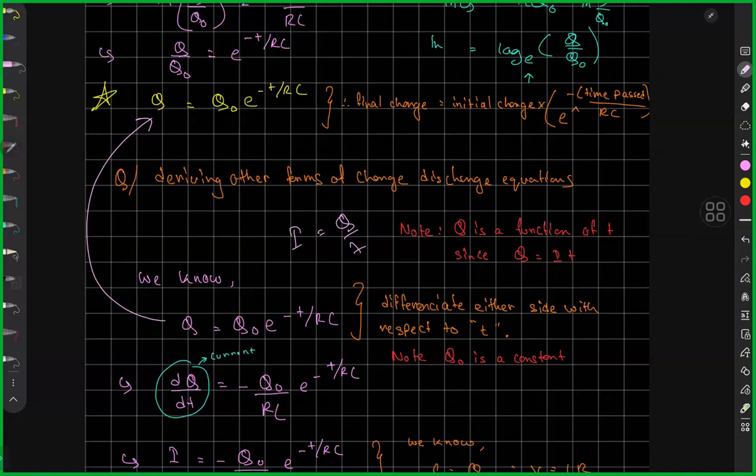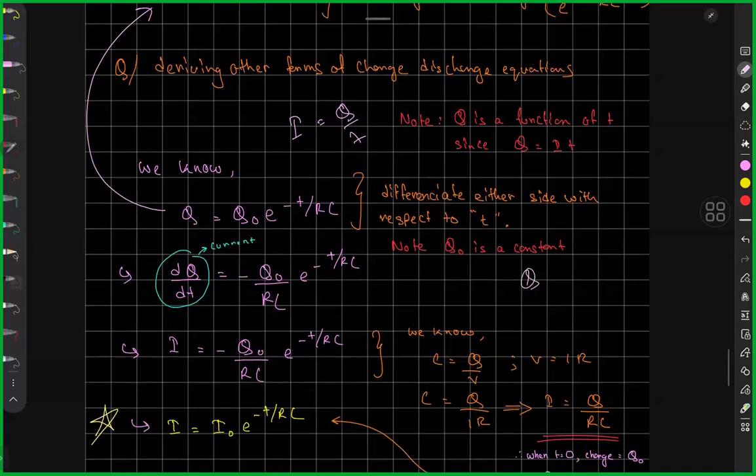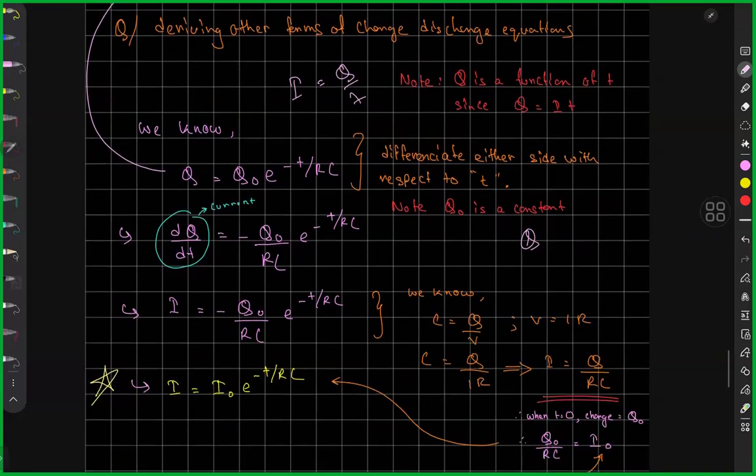We basically differentiated on either side. We didn't substitute q with anything as of now, but you will see what happens. What we really did is I took a derivative of the charge with respect to time, and I took a derivative on the other side as well. But since the q naught value is not exactly a variable and it's a constant,